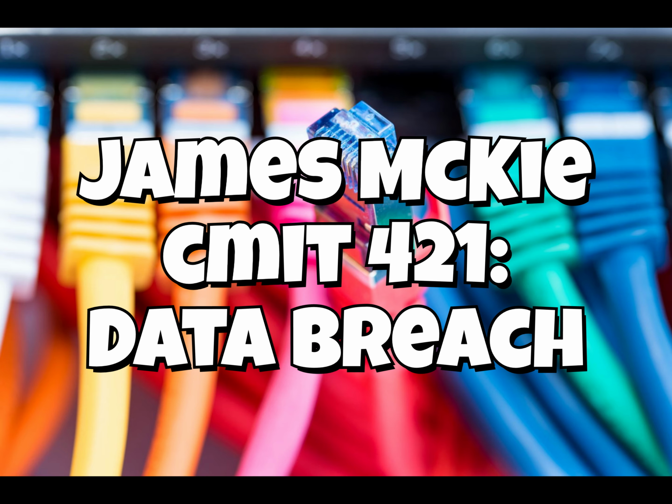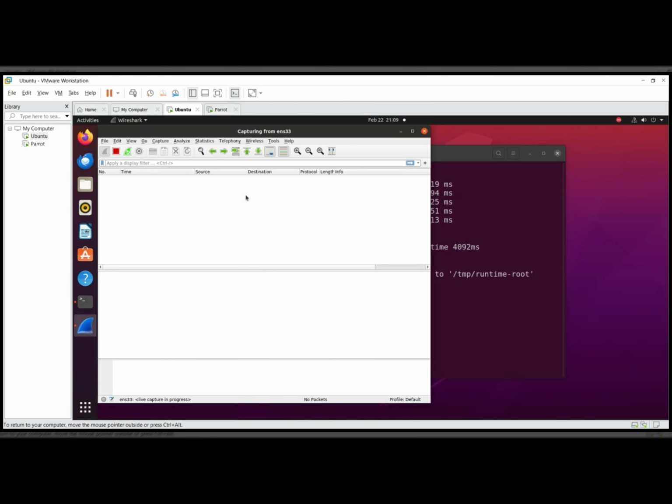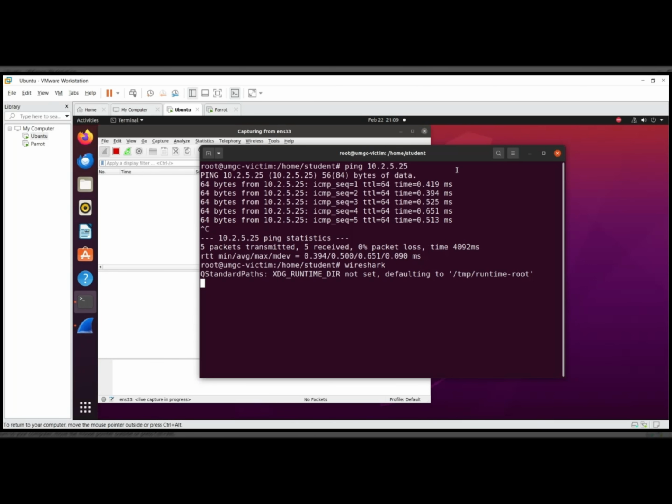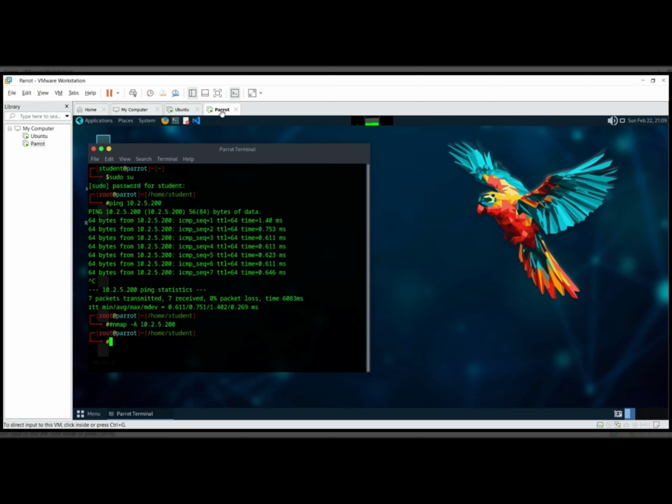All right. What we will be doing is running tests on a victim machine, and we will be reviewing logs and seeing what kind of information can be extracted or changed through running these tests. I already have Wireshark pulled up. Okay. I'm going to go to the parent machine